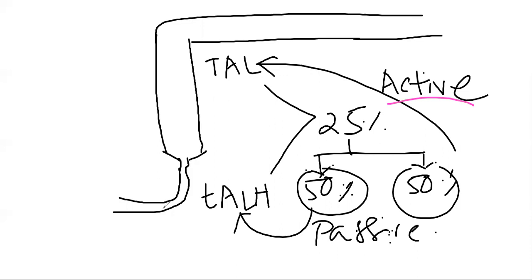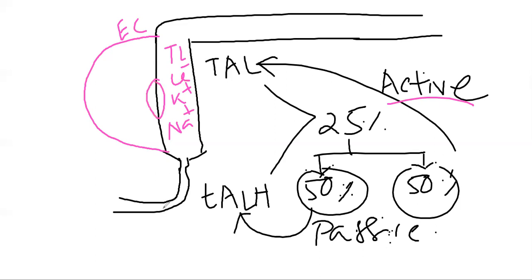So here it is the tubular lumen of the thick ascending limb of the loop of Henle. Here it is the epithelial cell of the thick ascending limb of the loop of Henle. Now what happens? Not only sodium ion will be present in the thick ascending limb of the loop of Henle, but also potassium ion as well as chloride ion will be there. And there is a special pump or channel at the apical site of the tubular lumen, which is known as the sodium potassium 2 chloride ion symporter.